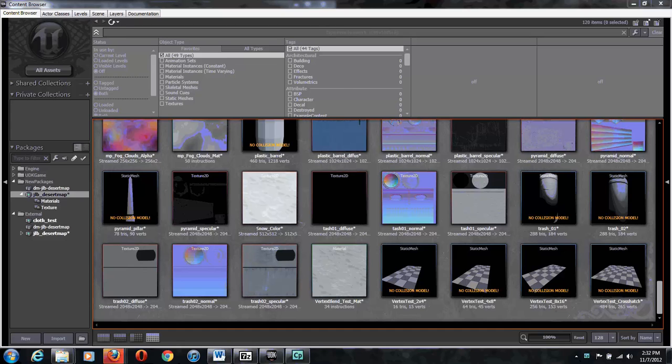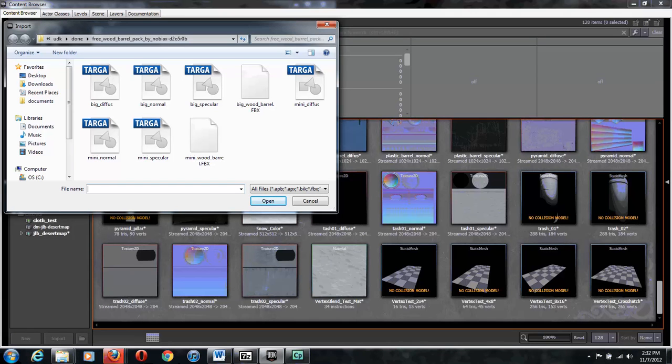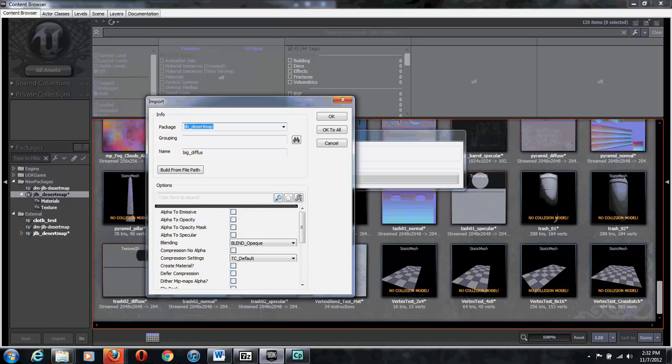So first thing, import. I've already unzipped my wood barrel pack, so we want to get the big diffuse, the big normal, the big specular, and this big wooden barrel.fbx. The rest of them are for the mini wooden barrel, so we're going to click open. Now you want to make sure you name them something that you remember, so we're going to name them all barrel at the front there. So that's what we do for the diffuse, the normal, the specular,